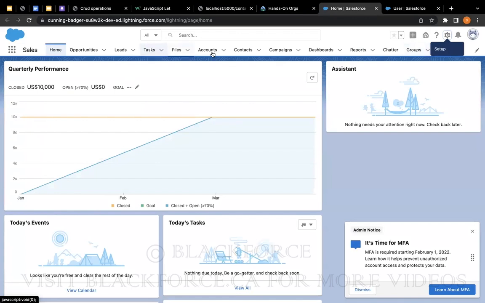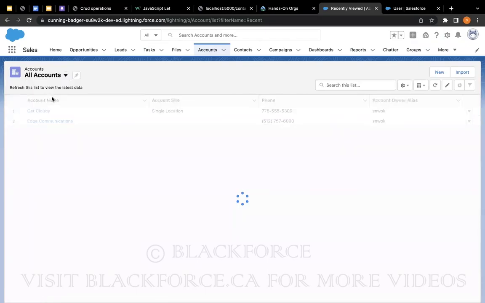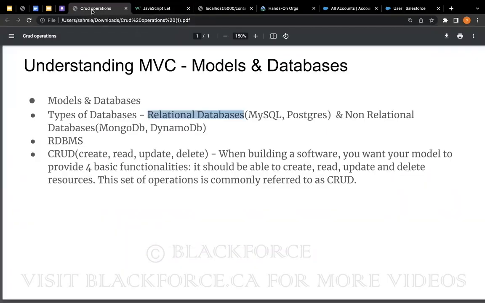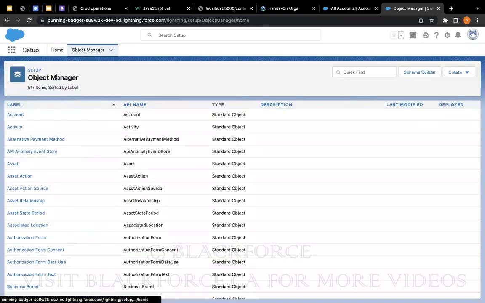So if I go to Salesforce, go to accounts, let me change this to all accounts, right? This is an example of a relational database. I'm not going to go deep into this because majorly everything we'll be working with is relational databases, right? Salesforce supports both, but just be comfortable with relational databases. The basic definition is that they store data in rows and columns, okay? So all the fields we created, let me go to Object Manager,